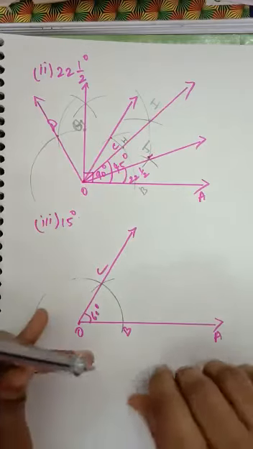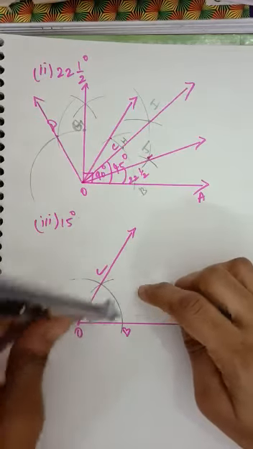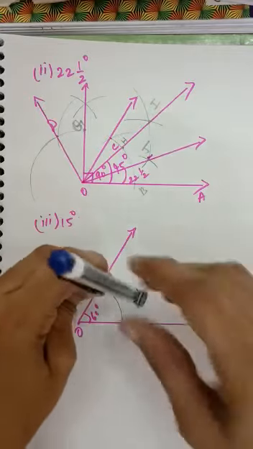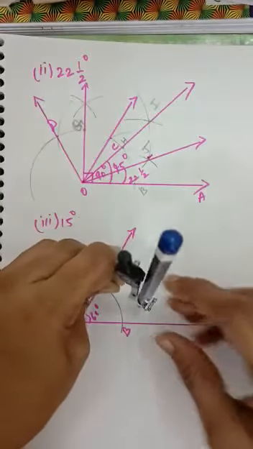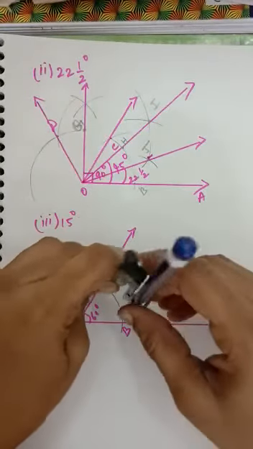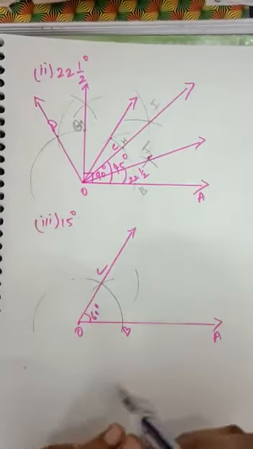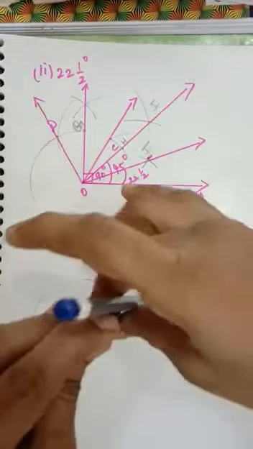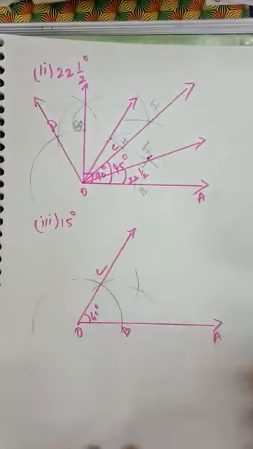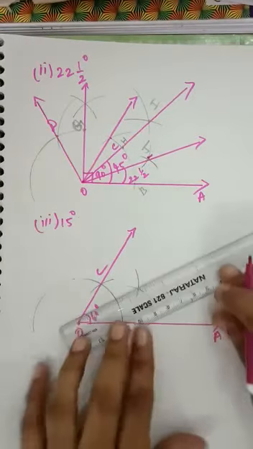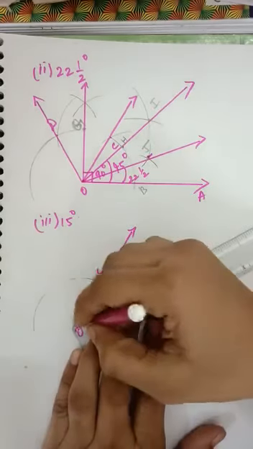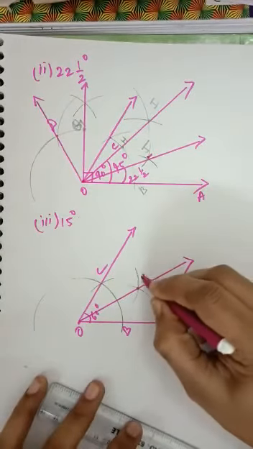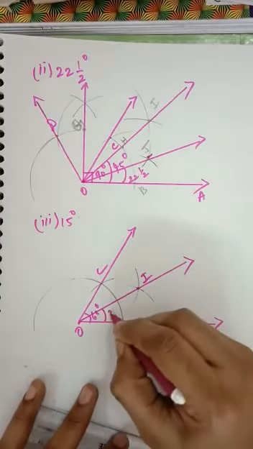listen students, now I have drawn an angle 60 degree. For this I have to construct 30 degree. So take more than half, bisector of an angle 60 degree. So taking B as center, draw an arc. Okay, now we should join the points. This is I. Okay, so this will be 30 degree.